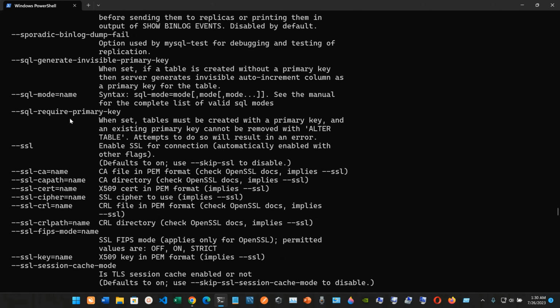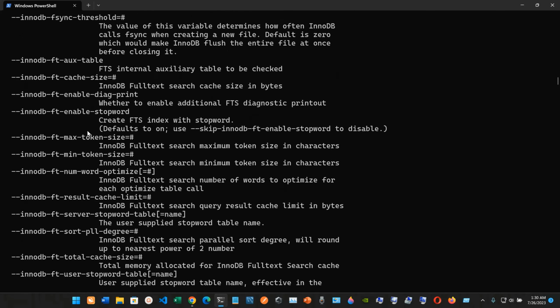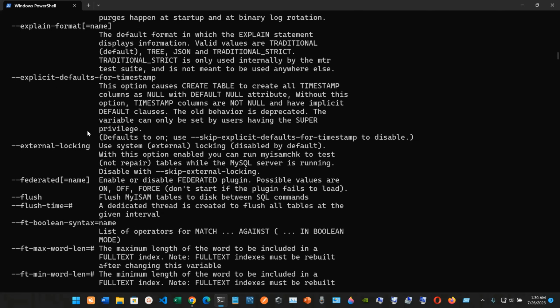And if you remember in the previous video, we were checking out, for example, double hyphen sql-mode equal name. We have the syntax. We have a bunch of information here. There is a lot. So this is for a complete